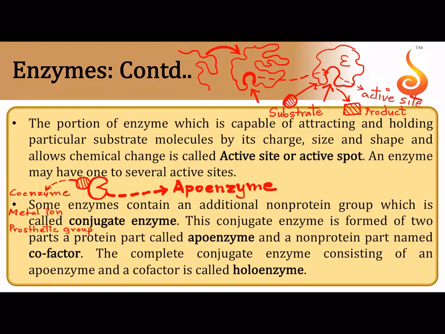Prosthetic group is very tightly bound to the enzyme. So basically this entire complex, this is the enzyme which is the protein part called apoenzyme, and this is the part which may either be a prosthetic group or a coenzyme or a metal ion. This entire complex of enzyme along with coenzyme or prosthetic group or metal ion is referred to as a holoenzyme complex. Now what is this cleft you can see here? This cleft is what I was telling you. This is where the substrate binds, and this cleft is referred to as the active site.